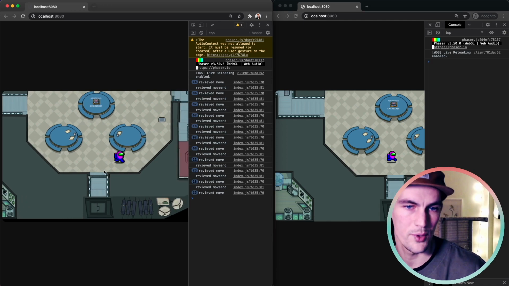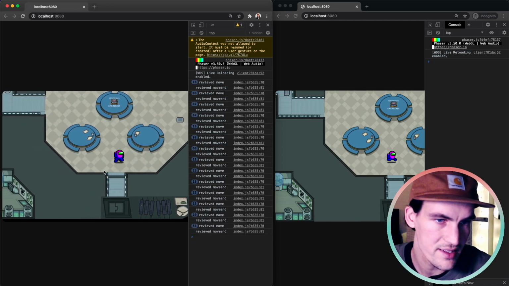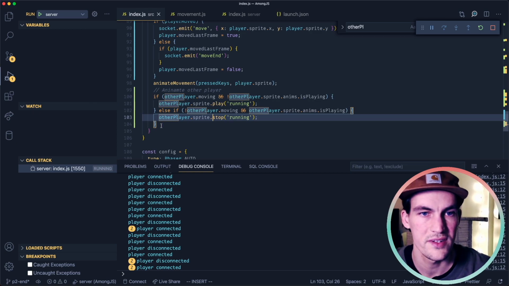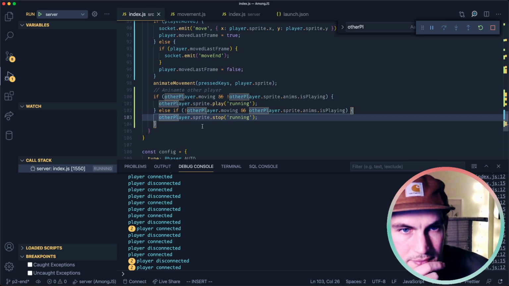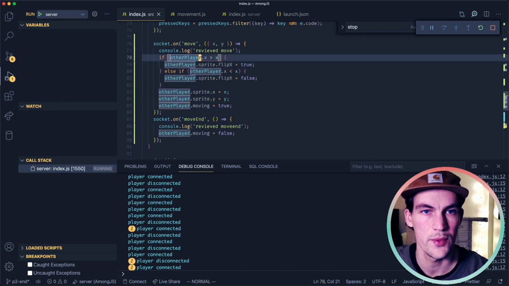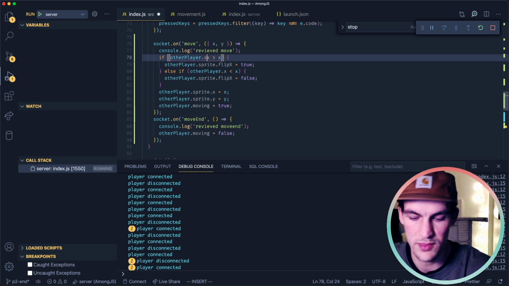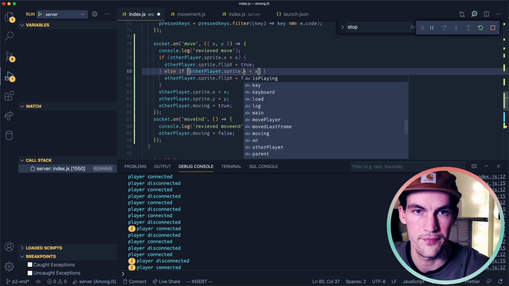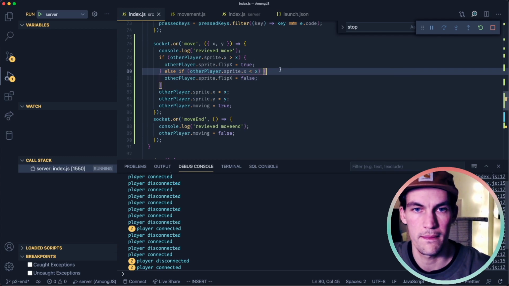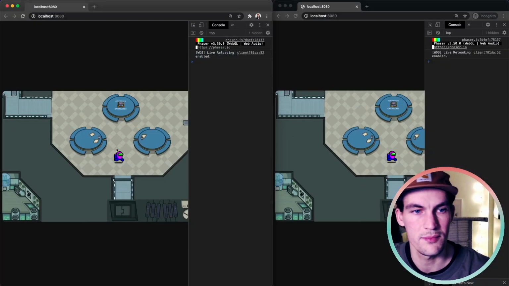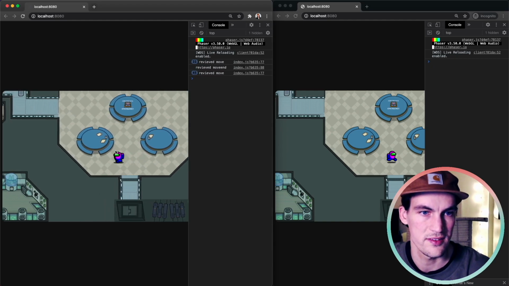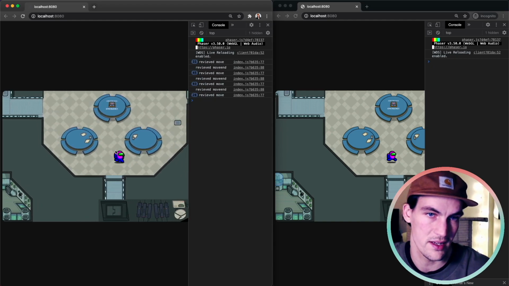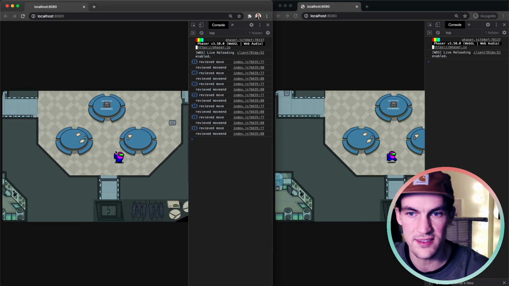Except that both our players are moving at the same time. Probably another bug here somewhere. Here we have one more error. This should be sprite.x. But I don't think that is the main issue. Still glued together, but the flipping now works for both sprites.